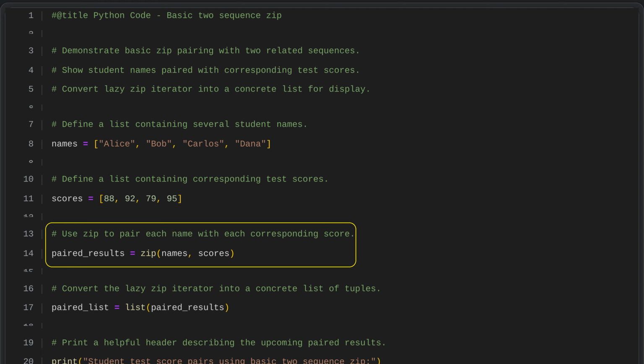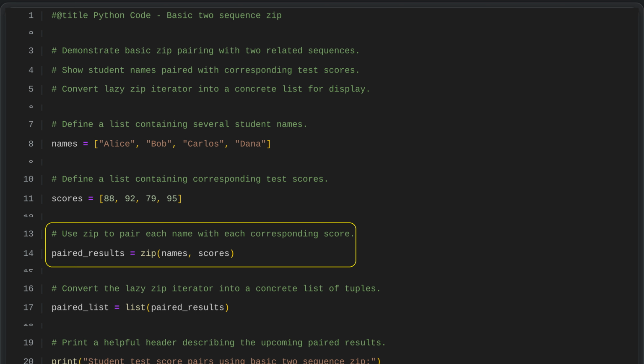The zip function lets us combine two separate lists, such as a list of student names and a list of their test scores. It pairs each name with its matching score, creating a sequence of name-score pairs. This effectively lines up the two lists so that related pieces of data are grouped together. As a result, it becomes easier to work with and manage information that belongs together, but was originally stored in